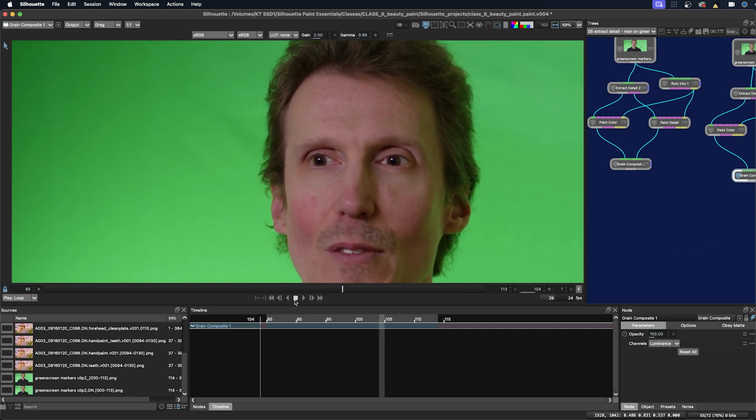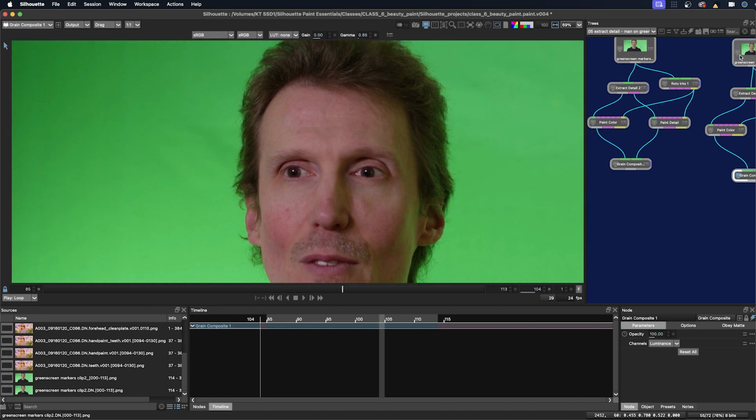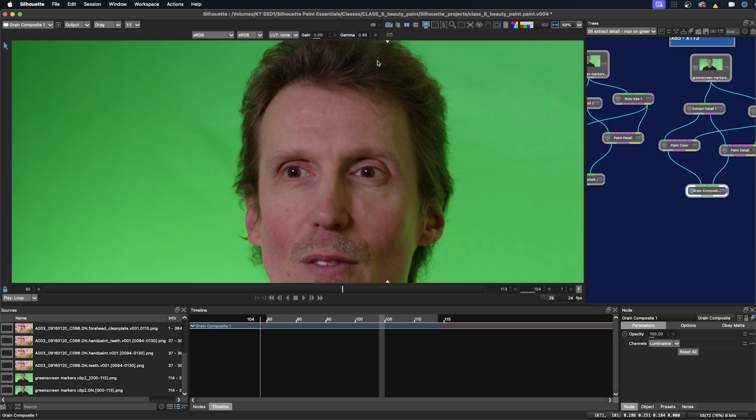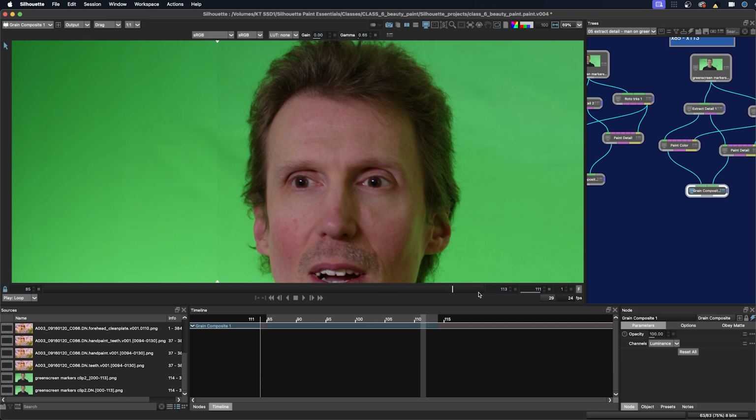And then we'll just compare the original with a snapshot. Snapshot down to the finished result. And we'll just do a wipe across. Actually, let's do this again. I have to make another snapshot here and go down to the grain composite. And now we can compare. So that was the original, and then this is the beauty paint. Okay, now we can move on to the next shot.